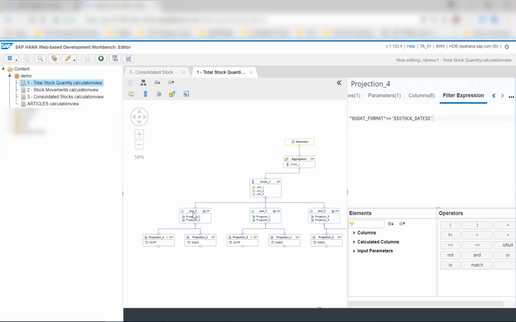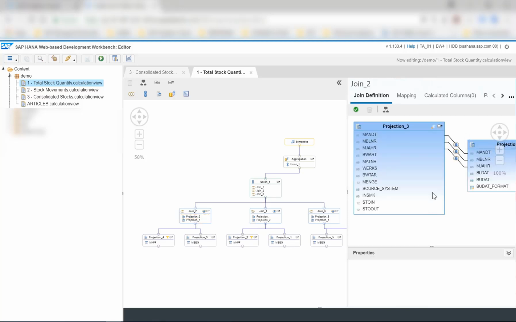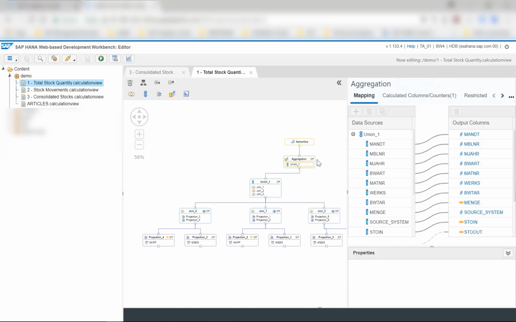Then in the join, I'm joining on those two tables with the material document number, and I'm doing an inner join here. And basically I've done this for the three different ECC systems that we've replicated, and I'm going to do a union and an aggregation. What we're doing here is basically, as I said, we're getting all the different stock movements coming from the end of time to today,